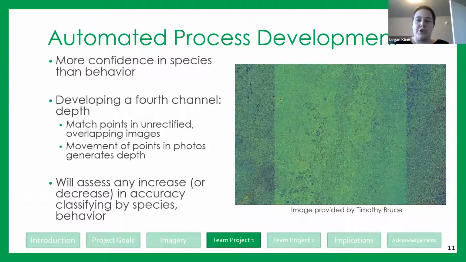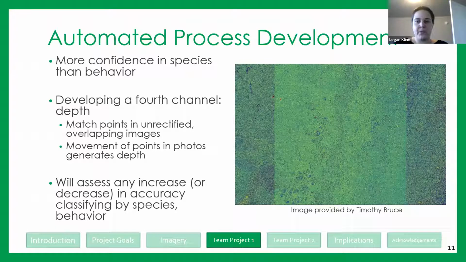Through another collaboration with the computer science graduate student, we are attempting to look at uncertainty in behavioral classification by incorporating a depth map as a 4th channel in our algorithm. Depth maps are generated by matching overlapping points in raw, unrectified images from planes or UAVs. We programmed our UAV flights with overlap to minimize edge distortion and enhance point matching when images are mosaic together, and we can use this overlap to